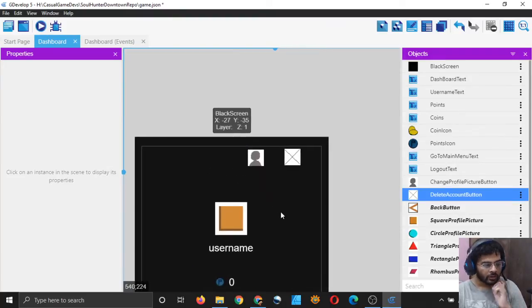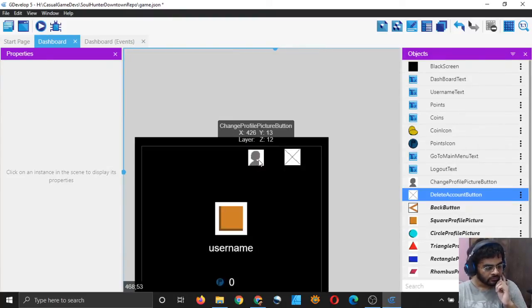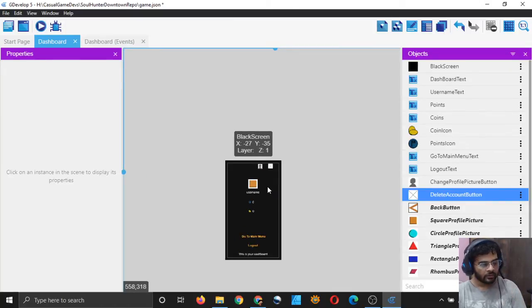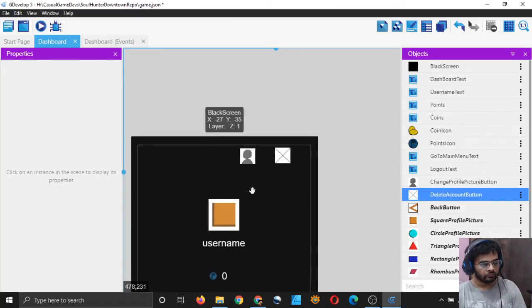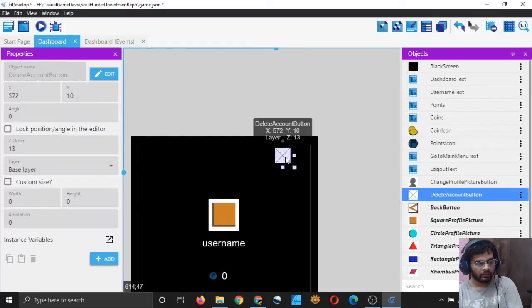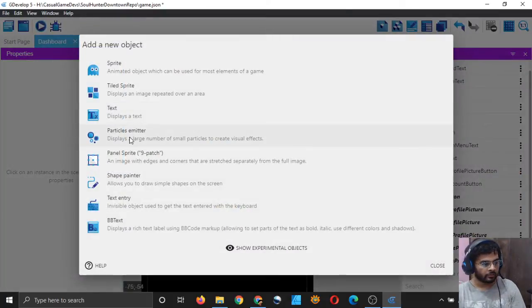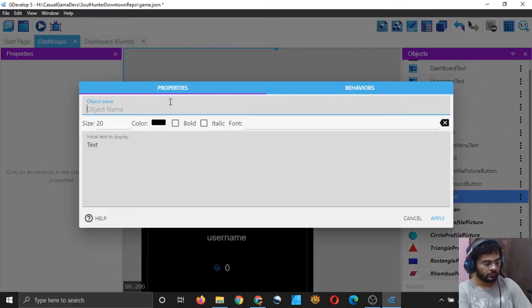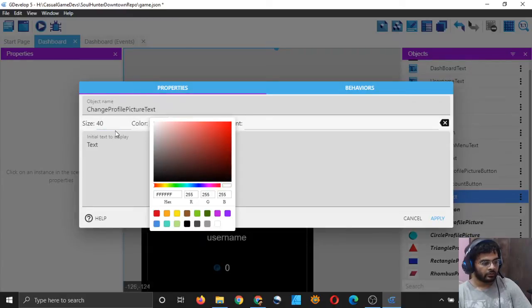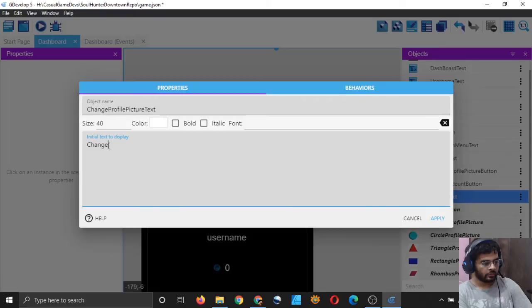and I think I will also have to write here what these buttons do. You know what? I think I will simply make text objects. Change profile picture text, and size should be, I think, 40, and color should be white, and text should be change profile picture, right?